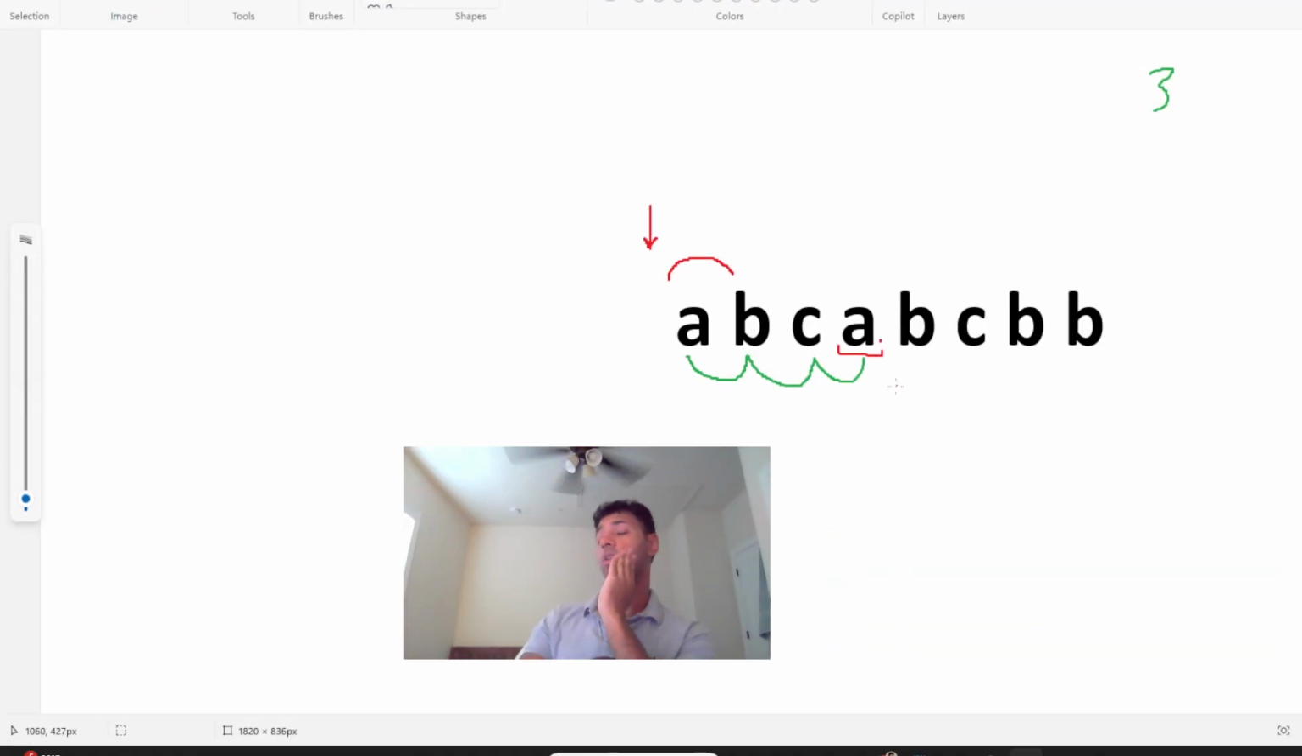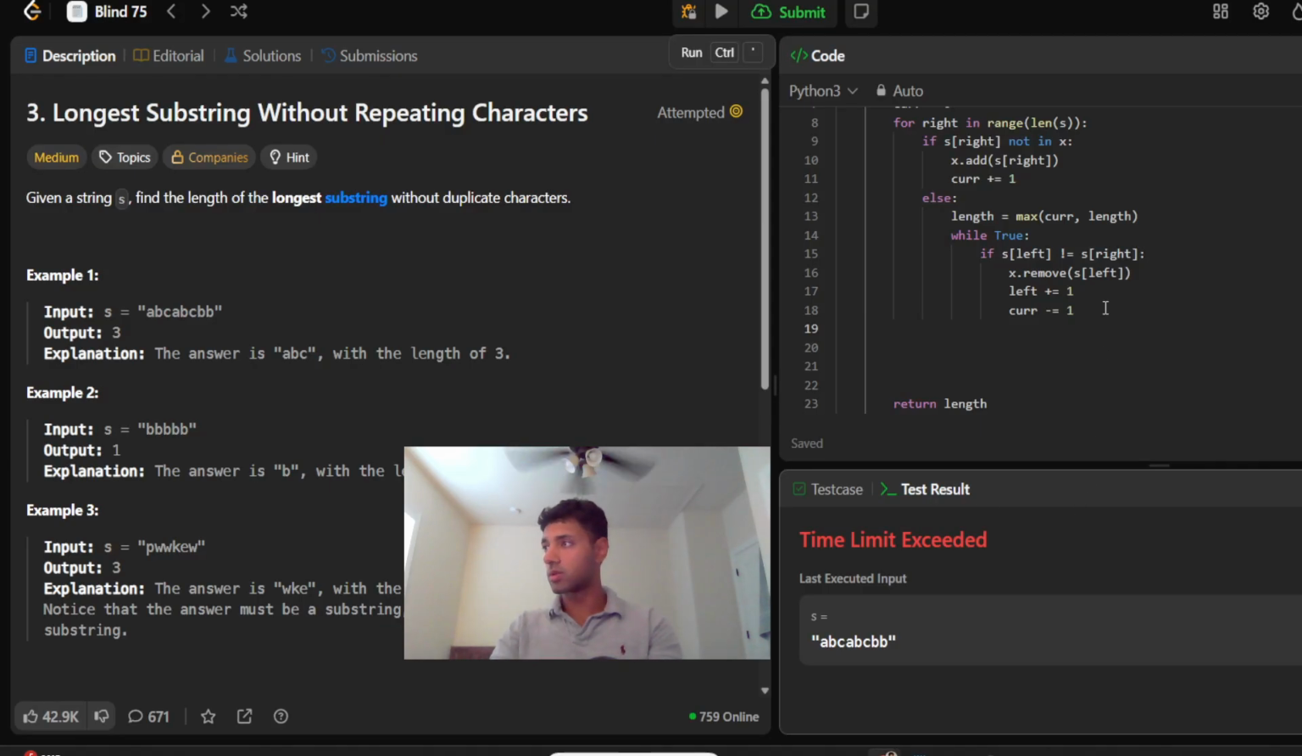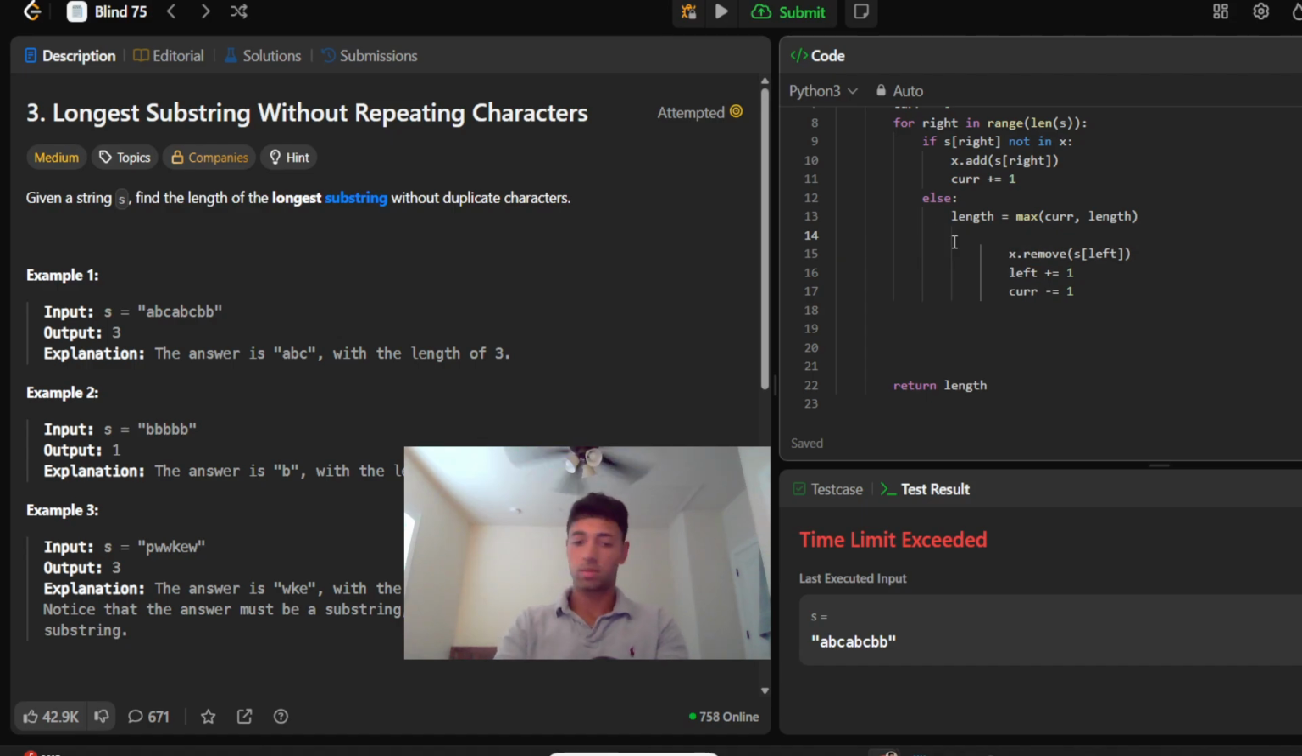We reached A. All right, so now what do we do when we reach A? We want to move the left pointer until the set removes that character. So while